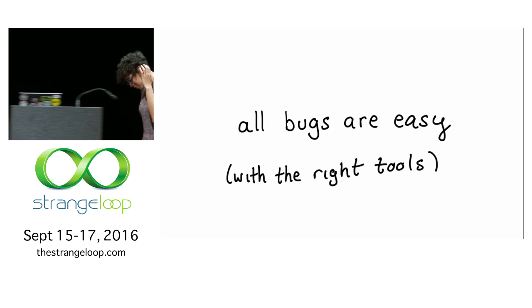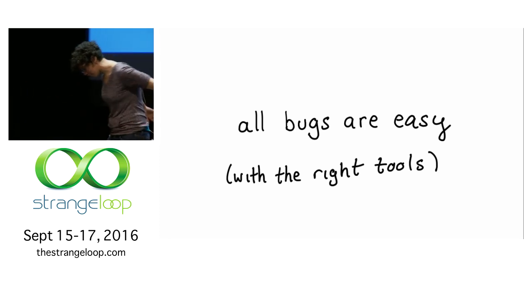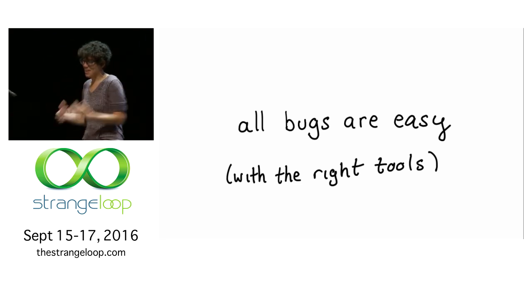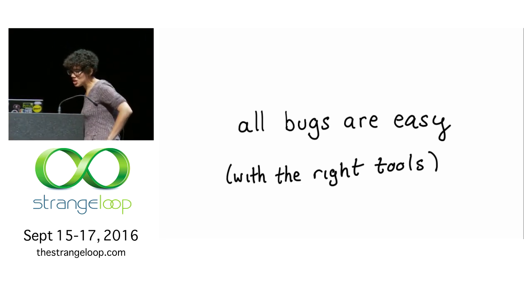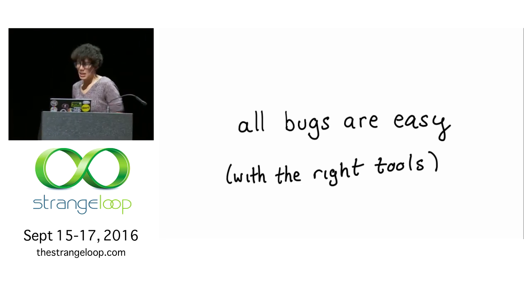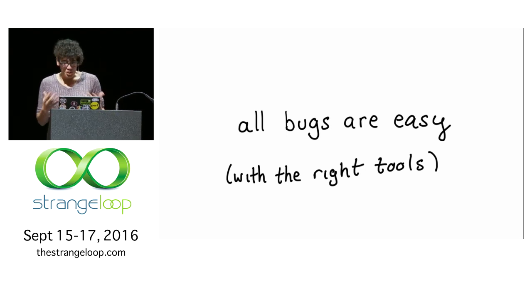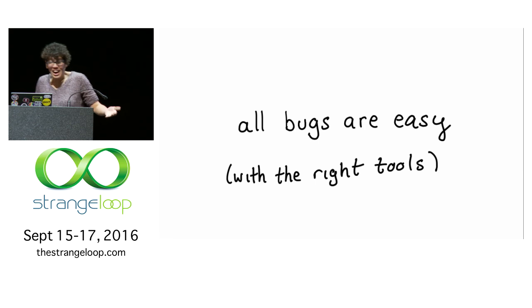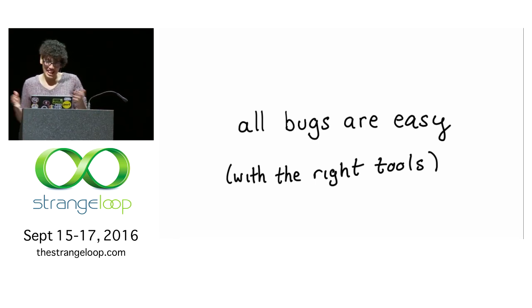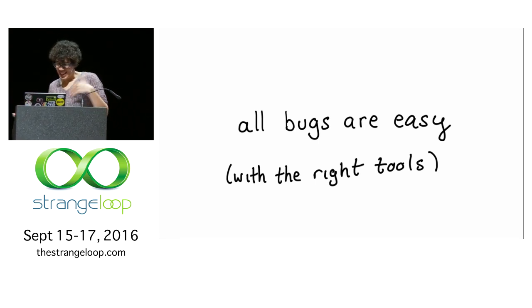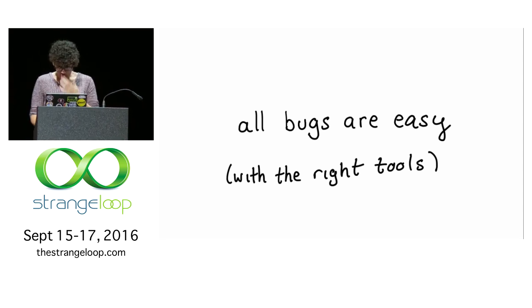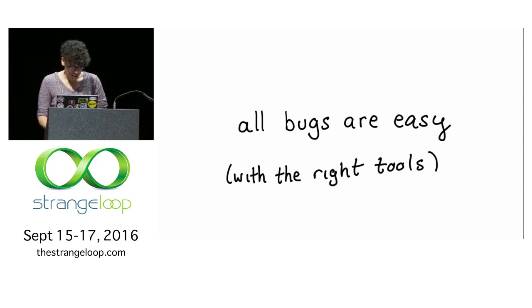One thing that I'm really starting to learn and try to believe in is that all bugs are sort of easy to solve. And I don't mean this in the sense of, this is easy, why do you think it's hard? But fundamentally, if you can figure out what's going on, and if you have the right tools to look at it, you're like, oh, I see. I sent panda instead of cat, and it was supposed to be cat. I get it. If you have the right tools, everything gets a lot easier to do.